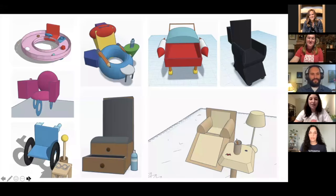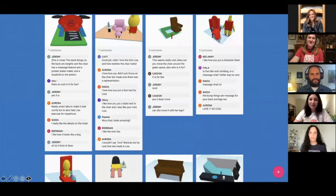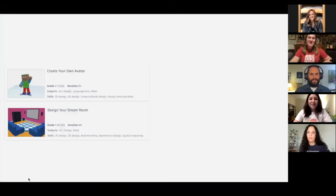And something else we do in addition to Tinkercad, one of my top favorite teacher tools for virtual learning is Padlet. And this is where we put all of our designs and put together a community of creators here commenting on each other's designs and that kind of thing. So once those introductory challenges are all set,